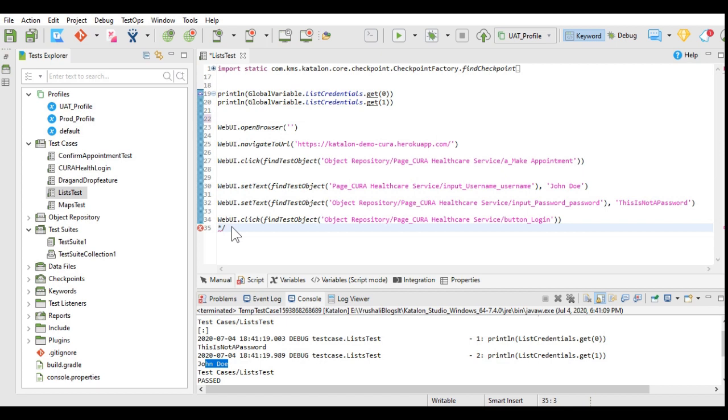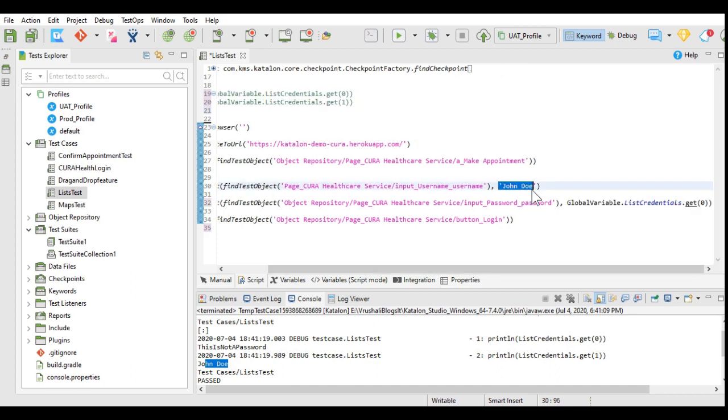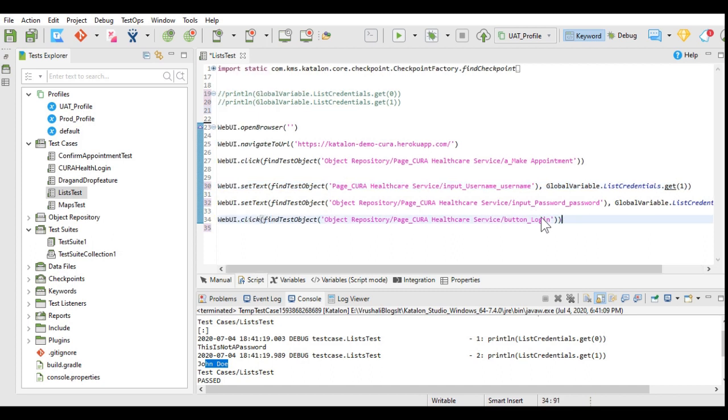Because since we added username first and then we added the password, we may commit a mistake by giving wrong, incorrect values. And we can use these values for our test case in a similar way. The 0th index is the password and index 1 is the username.